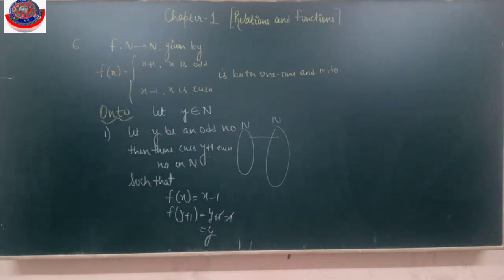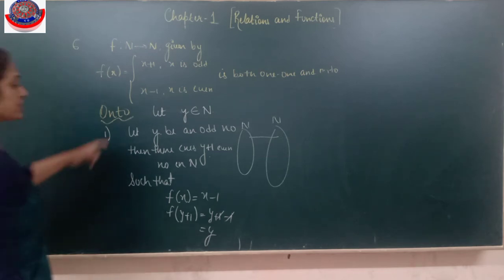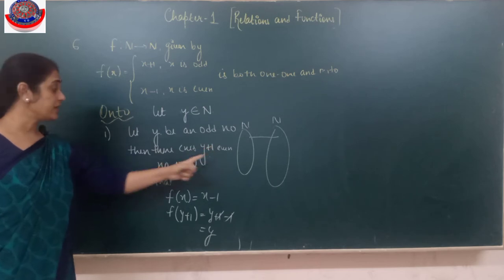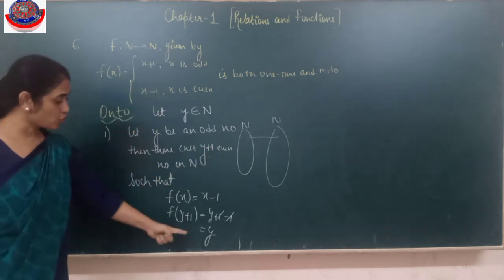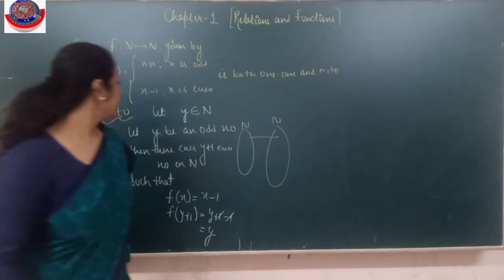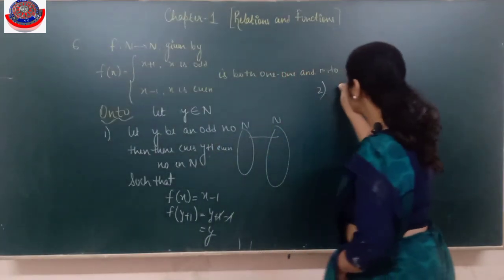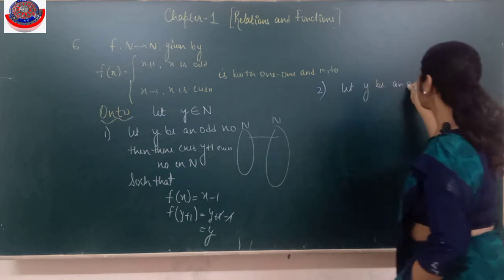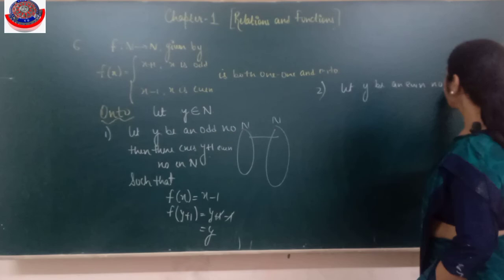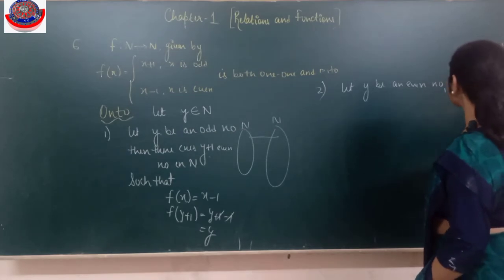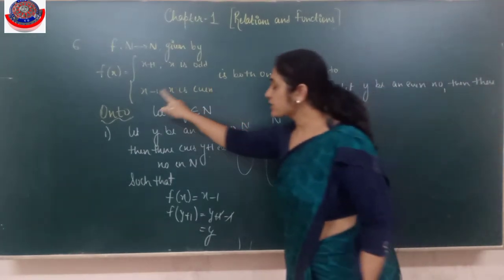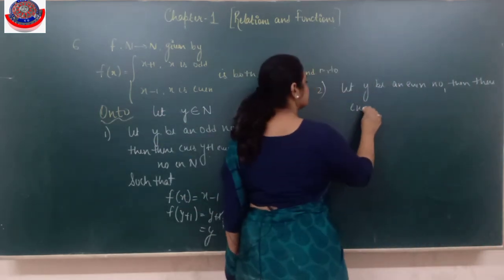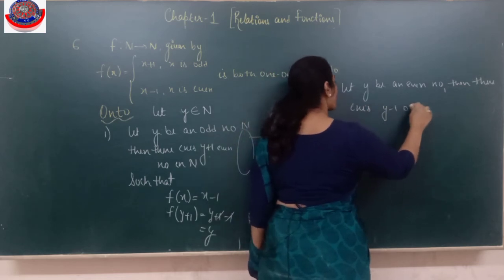Is it clear? For every odd y, there exists y plus 1, an even number. Then put it in the even function. So it has come out equal to y. Similarly, case 2: let y be an even number. Then for an even number, which x minus 1 will exist? An odd number. Then there exists y minus 1, an odd number,